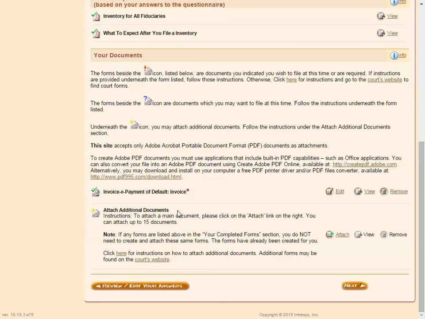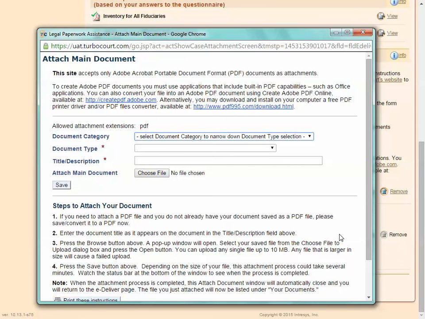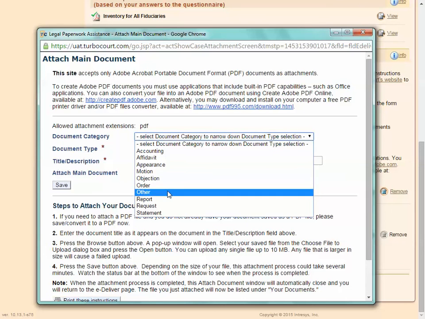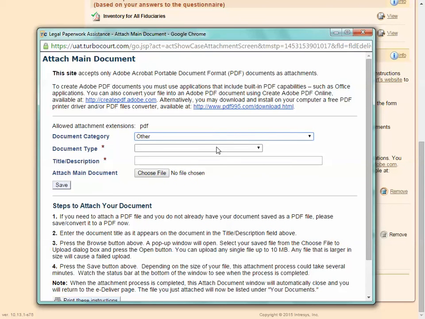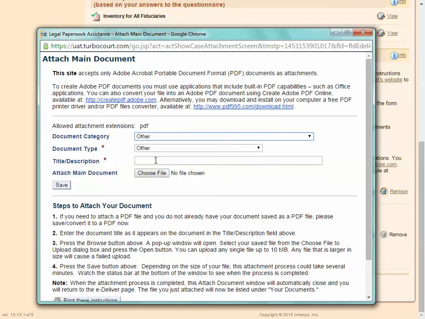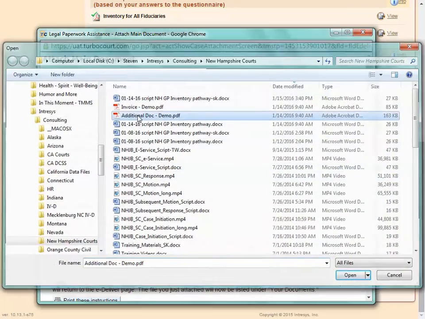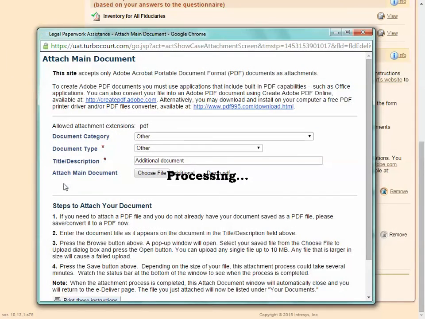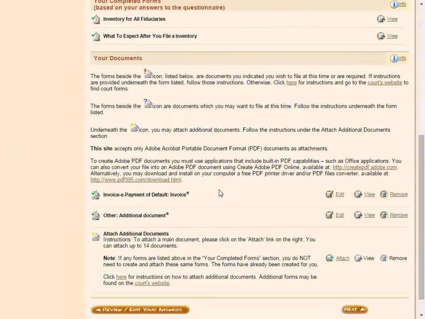To attach additional documents, click Attach, select the document category. We'll select Other. Now select your document type. We'll select Other once again. Provide a name. And select your file. Click Save, and TurboCourt will make sure that this is a valid PDF. And here is your additional document. Click Next,